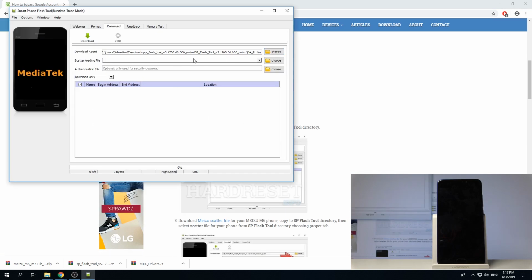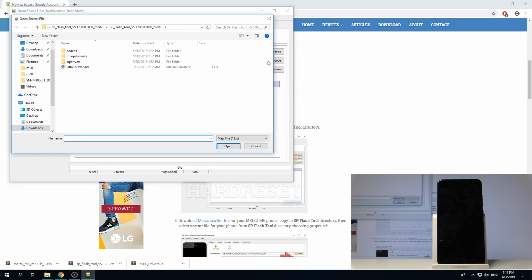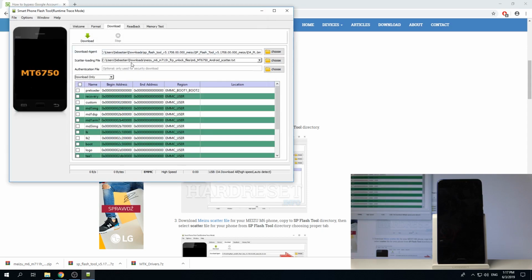So from here, go into the scatter file and go back to the downloads folder, unless you moved it somewhere else, and choose the scatter file, which is this one, the specific one that we have gotten, and choose this file. It's the only one that should be visible, and make sure it's on download only and click on download. And once that is ready,